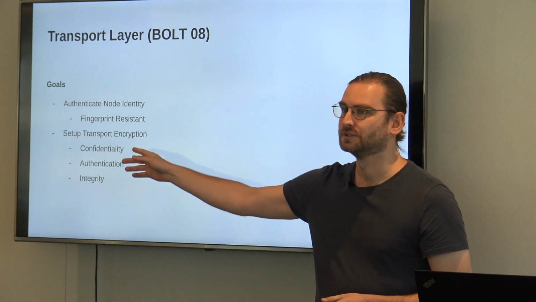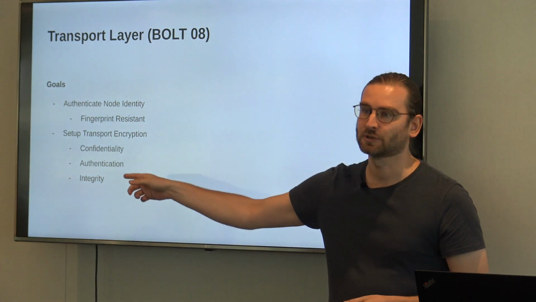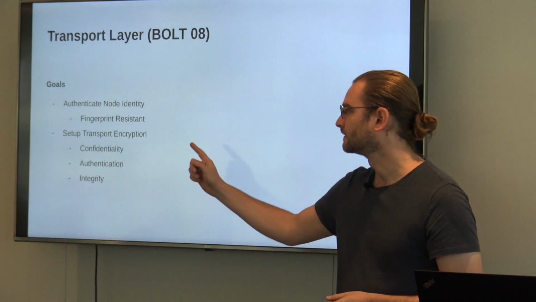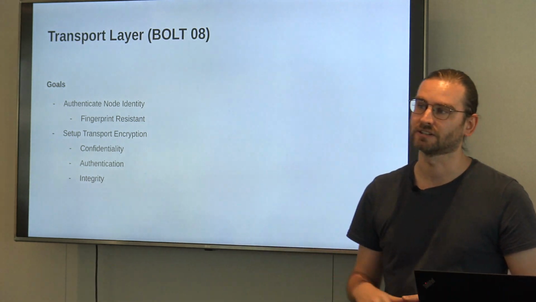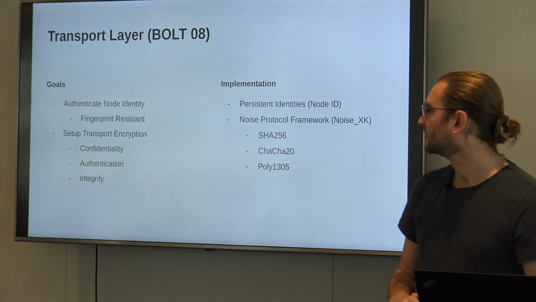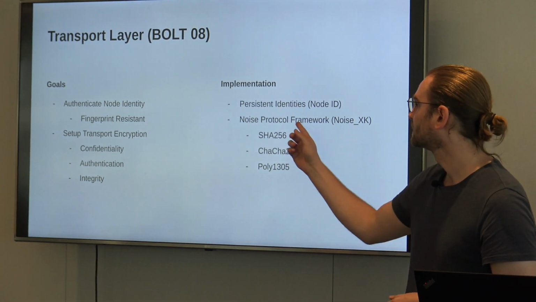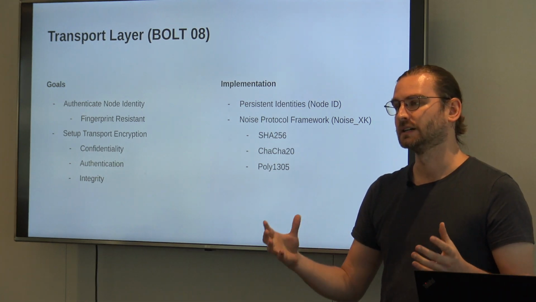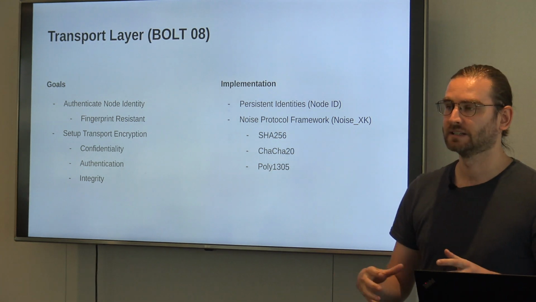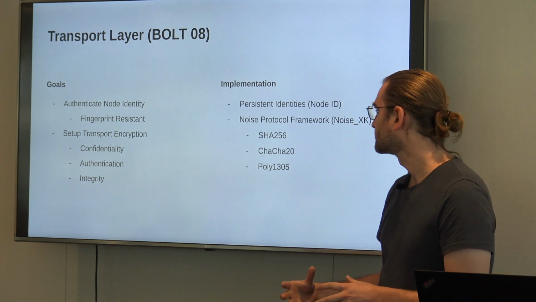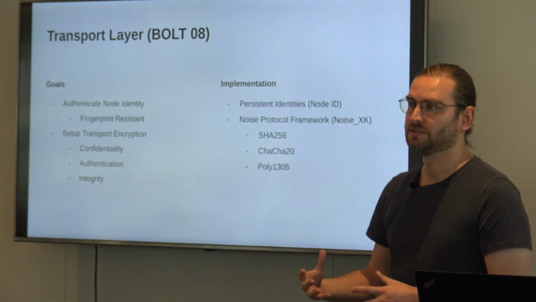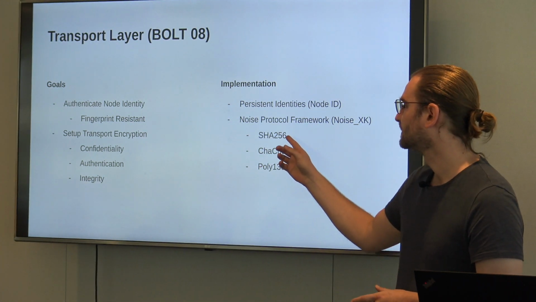And we want to set up the transport encryption for the usual trio of confidentiality, authentication, and integrity for all of our messages. And the way we do that is this interesting Noise protocol framework, which is basically a set of tools that you can rearrange however you want. And if you follow the construction of the Noise protocol, of which we chose the XK variant, you can have this. So we chose the SHA-256